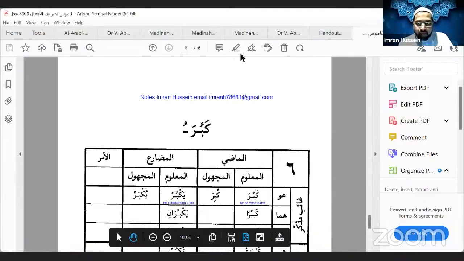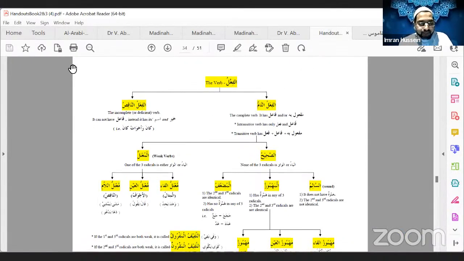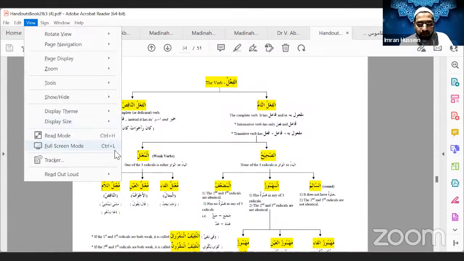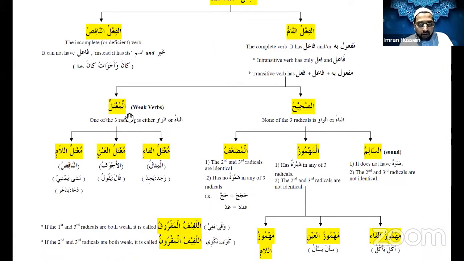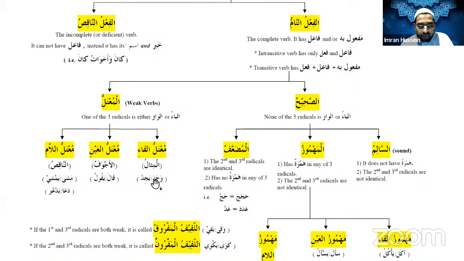Now when we come to the weak verbs, the ones which have the most patterns, I will explain. When a verb has a weak letter, the weak letters are alif, waw, and ya. So when it comes in the beginning of a verb, like the example wajada, yajidu,